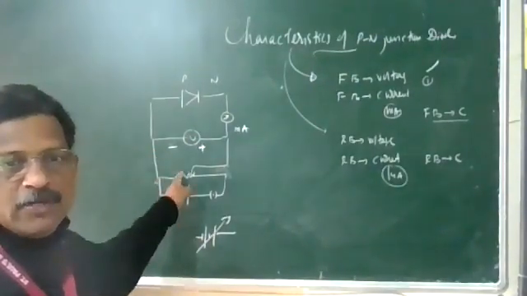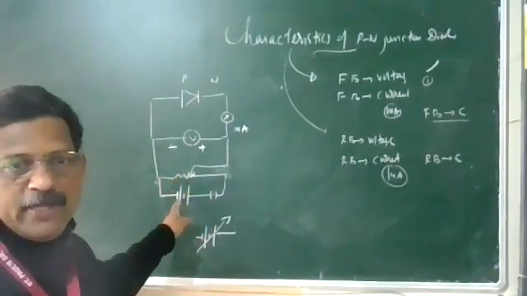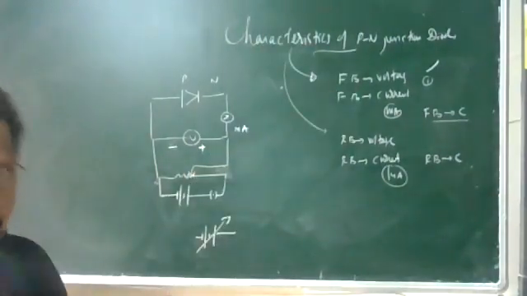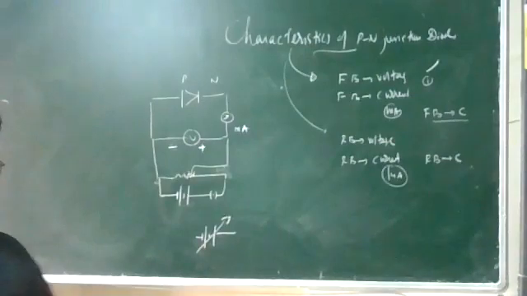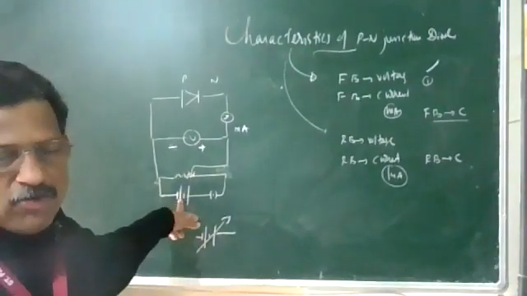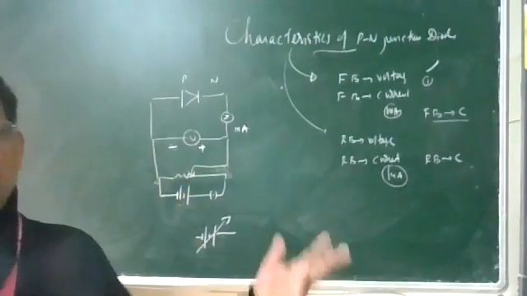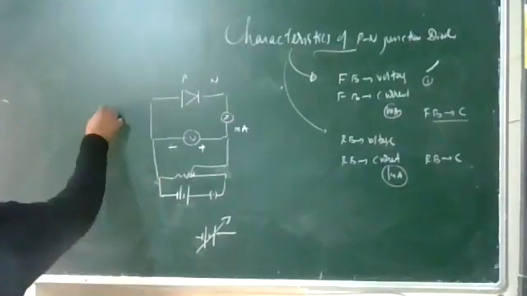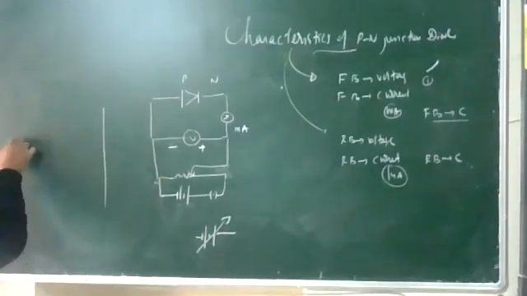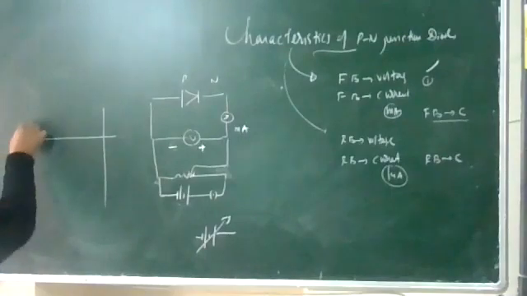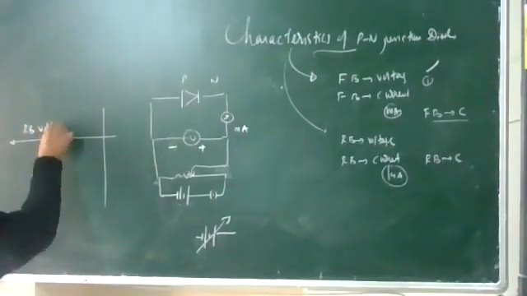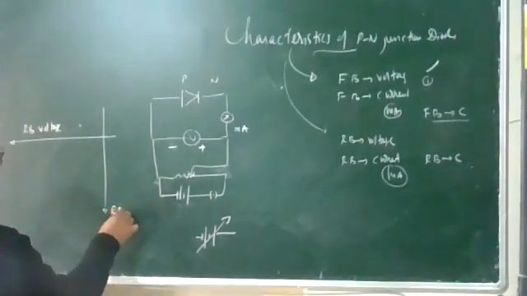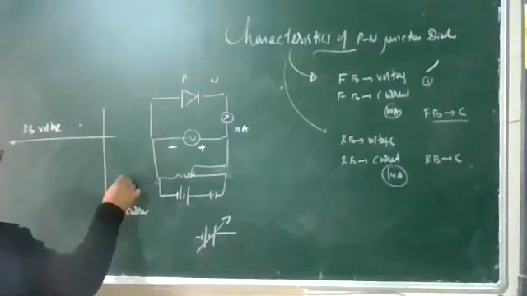So increase the value with the rheostat, then the value will be 0.5, 1, 1.5, 2, 2.5, 3, like this. You continuously increase up to 10 volt. Plot a graph. The reverse bias battery voltage should be higher, at least 5 to 10 volt. Forward bias up to 2 volt is enough. So plot a graph. The graph will be in the third quadrant. I am showing you RB voltage, reverse bias voltage, on the X dash axis, and reverse current, RB current, in this quadrant.